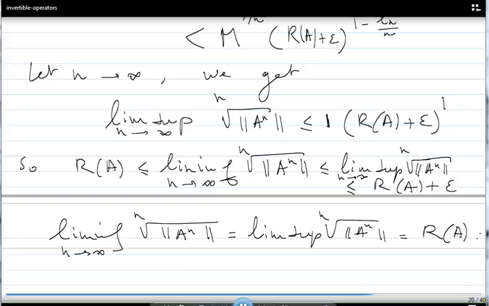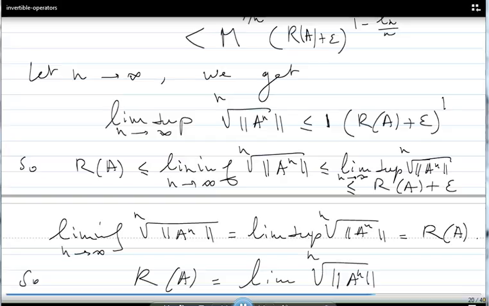So the limit exists, so r of a is in fact the limit of the nth root of the norm of a to the power n. So this limit exists here for any bounded operator a. Interesting. So that's known as the spectral radius. So now